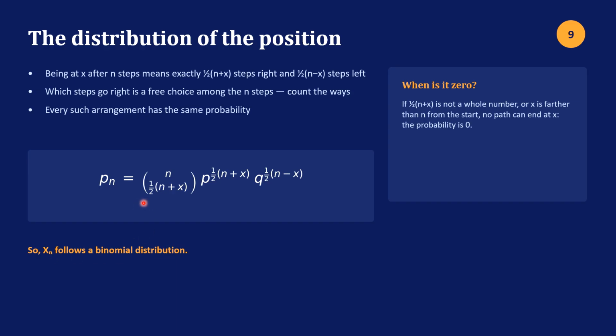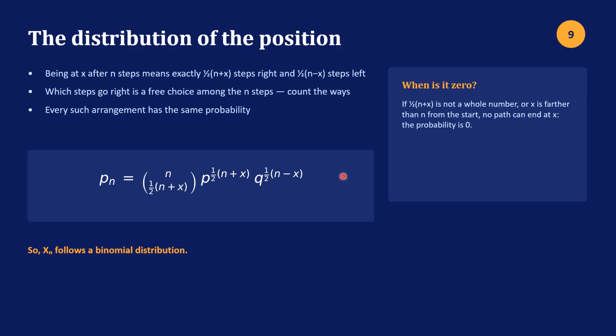And this is what's known as a binomial distribution. Then the question is, well, when is this 0? So these need to be whole numbers. If you pick a value for n and x where one is even and one is odd, then we know they're not whole numbers in that case, so it won't work. And so that's an invalid